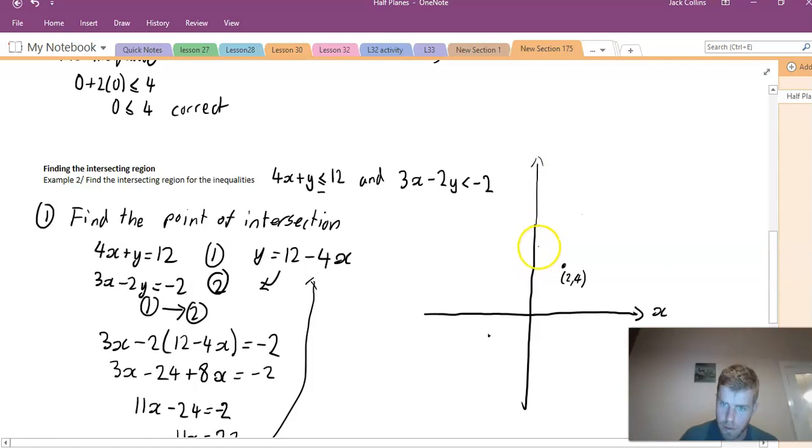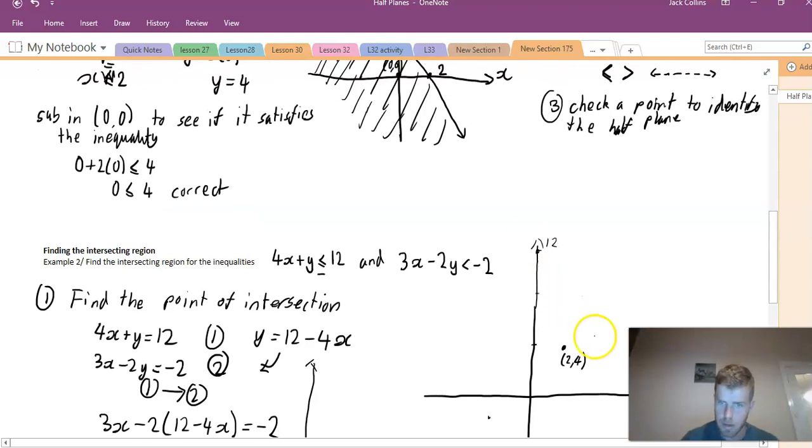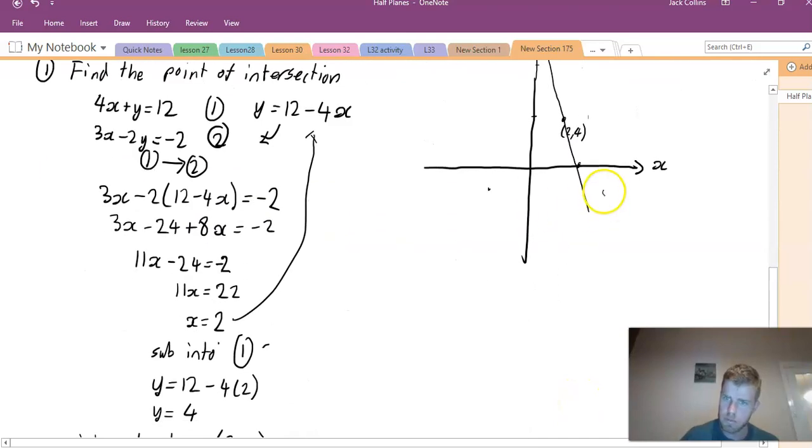So that was 4, 8 would be here, 12 would probably be around about here. So we have the y-intercept there, and we have the x-intercept at 3. So it's quite a steep line. So we'll draw through there, and make sure we always label